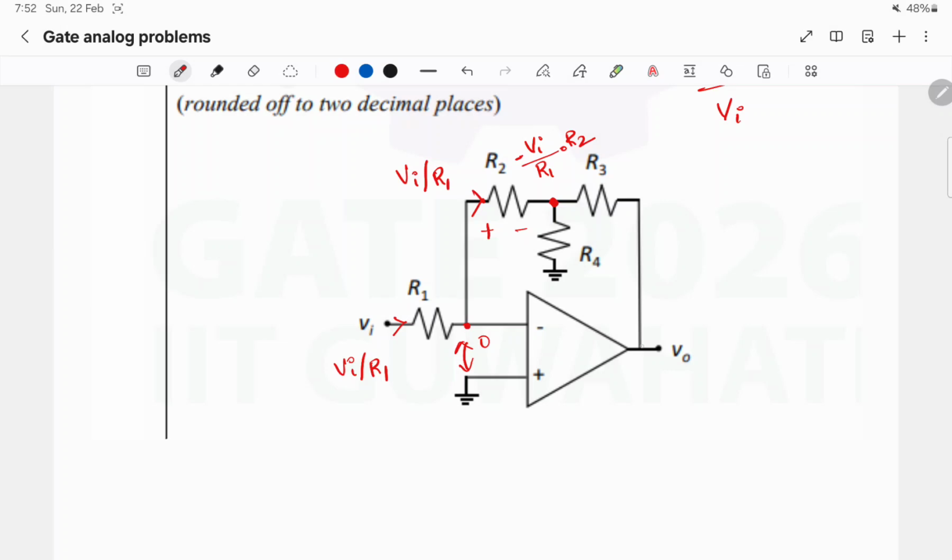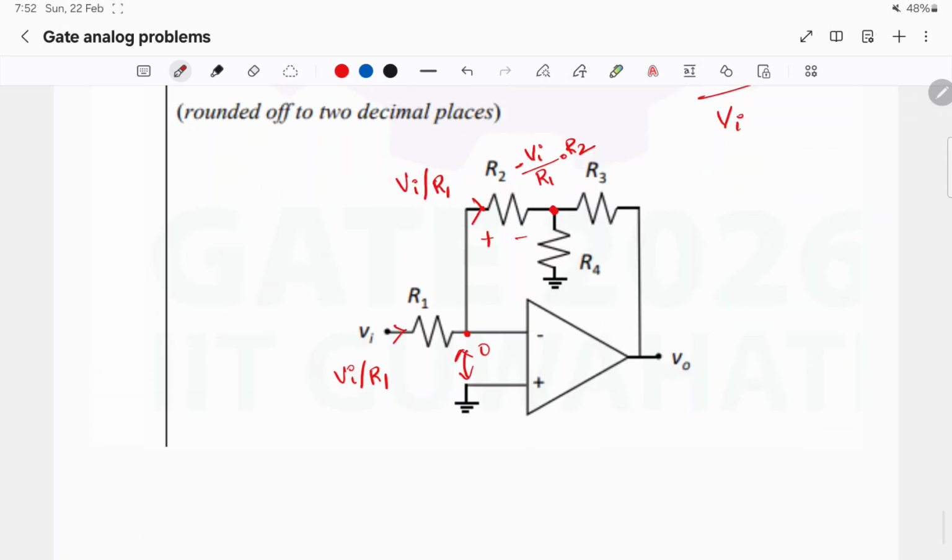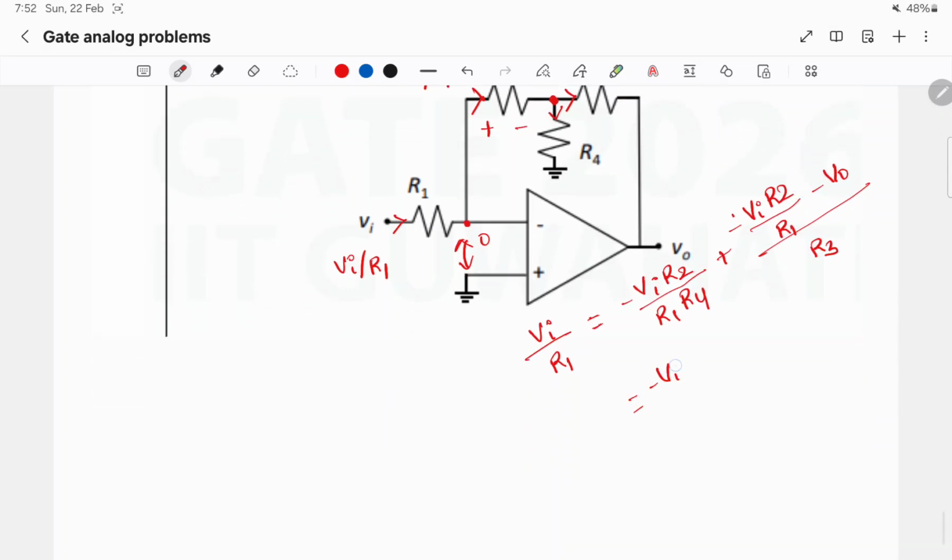If I apply KCL at this node, the current flowing is Vi by R1, which is equal to the current flowing in the R4 resistor plus the current flowing in the R3 resistor. The current flowing in the R4 resistor will be Vi into R2 by R1 R4, plus the current flowing in the R3 resistor will be minus Vi into R2 by R1 minus V0 divided by R3, which is minus Vi into R2 by R1 R4